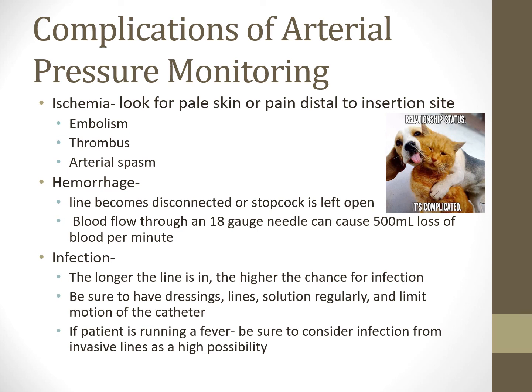Hemorrhaging: the line becomes disconnected or a stopcock can be left open. This is a big needle or a big gauge catheter, and you can lose a half a liter per minute, which means the patient could completely bleed out in 5 to 7 minutes. It's a big deal, right? So that's something that you need to be cognizant of, especially if they have a femoral line in place, because